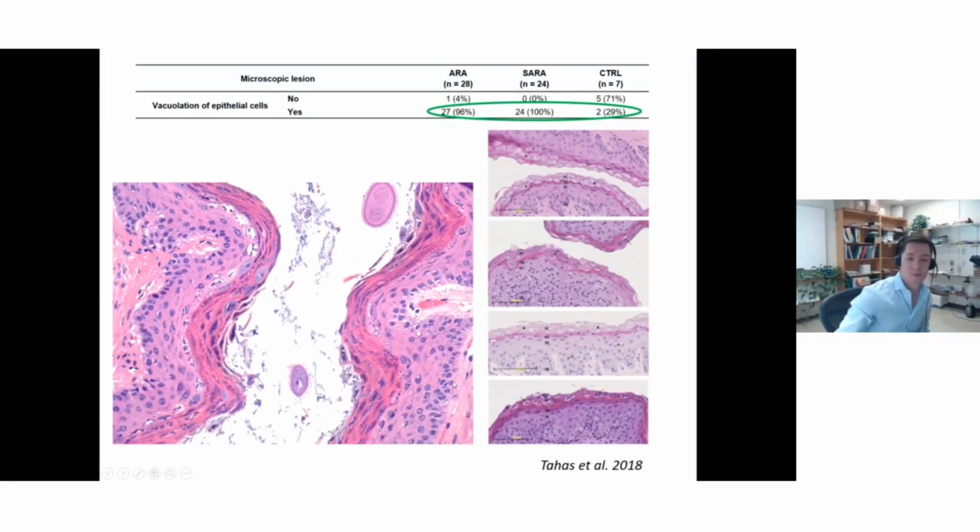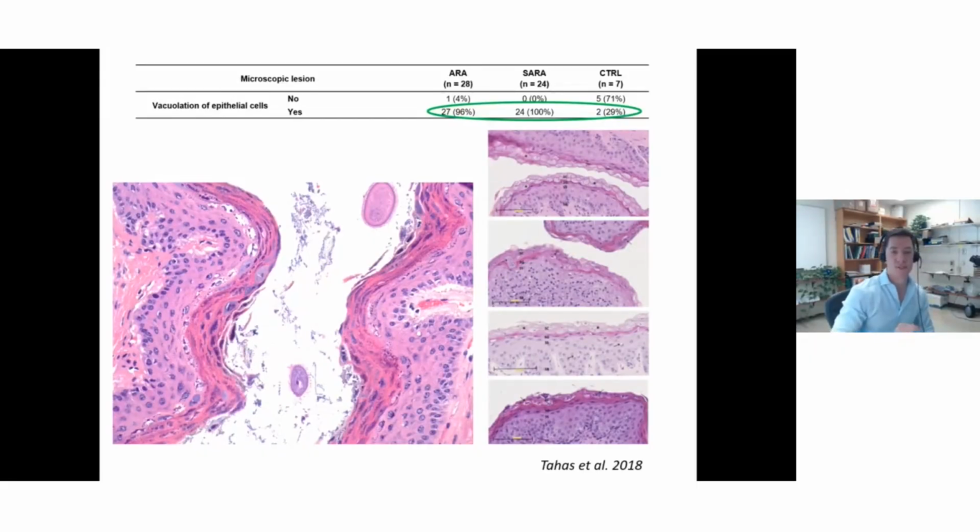So please don't be like me a year ago when I was just putting this description in my reports. It's just part of the normal maturation. This is some of the studies that's been done in that, and we actually in our study noticed the changes in the acute cases, subacute, but also in the controls, that they have nothing in the rumen. So definitely something to consider when you're looking at the histo,